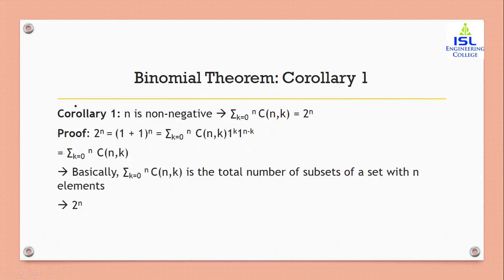This is a theorem actually. Whenever n is a non-negative integer, let me write it clearly over here: the sum from k equal to 0 to n of nCk is equal to 2^n. Whenever we add the coefficients nCr, it will always be a power of 2. So this is a theorem and a proof which is very, very important. This proof is directly given. Let me just explain it.